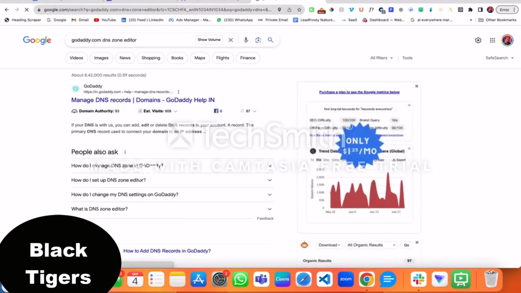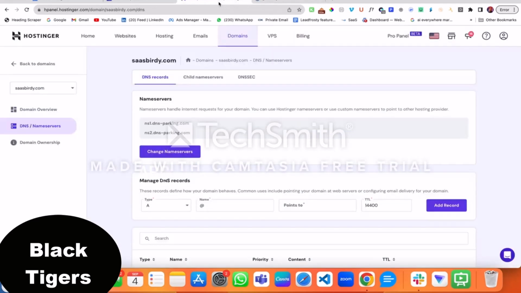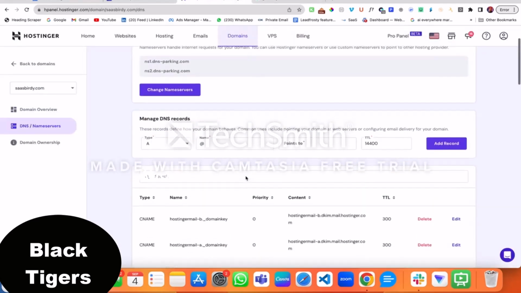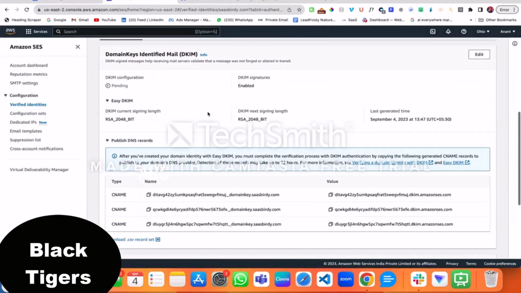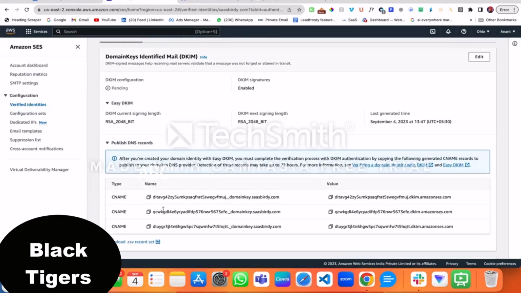But for Hostinger, I already pulled up my DNS zone editor, which is over here, and this is where I need to make changes. So this is my sasbuddy.com DNS zone editor where I can add more records. Now what I need to do is very simple. From here, I need to copy these DNS records and paste them inside Hostinger, which I'm going to show you